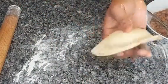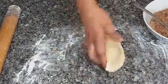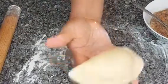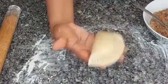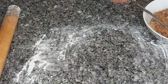So this is it. This is what it looks like. You can see how lovely it's looking, even though it's not yet baked. So this is one method of making your pie. So the next method